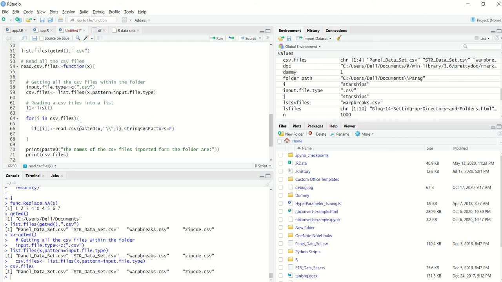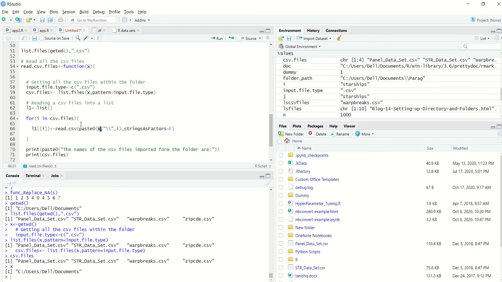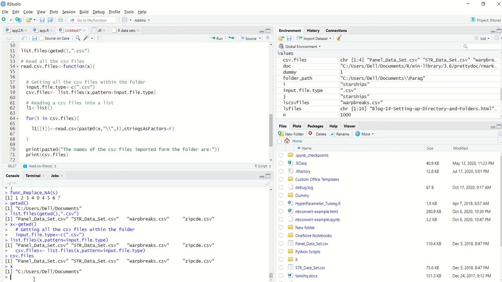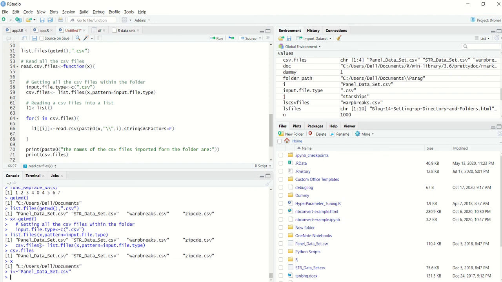So this is basically my working directory, and just to explain, let's say my I is... now what will this give?